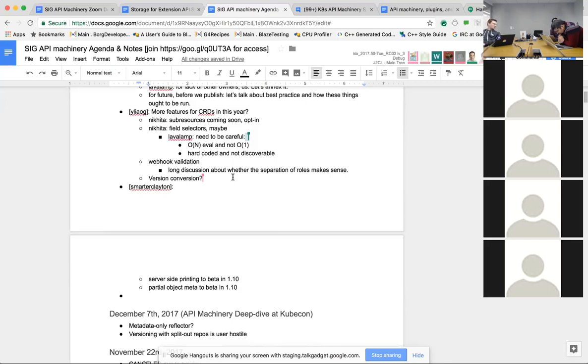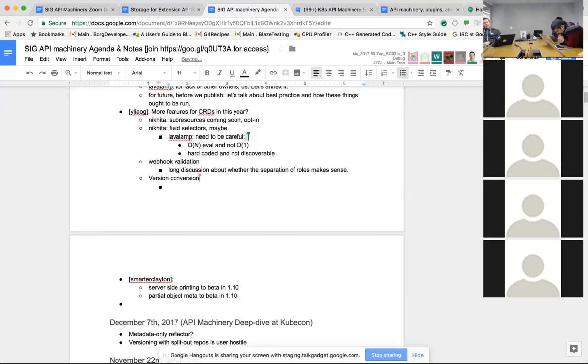Some of the conversations around defaulting are actually, on a small scale, touching on the same issues. A lot of the ways that defaults get applied to objects today on normal API objects is that they're done at decode time. So when you submit an object to the server, if you omit a field that has a default, that field gets defaulted on its way into the server.